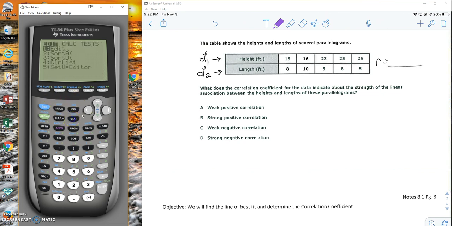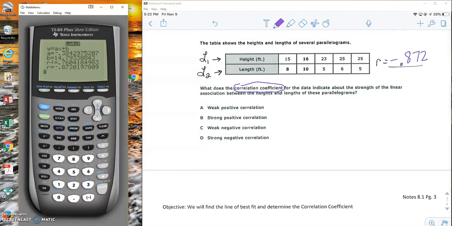And then I'm going to click Stat, scroll to Calc, option 4. These steps are still the same, but this time they are talking about the correlation. So it asks what does the correlation coefficient for this data indicate? So my correlation coefficient is the R value. I don't really know why it's an R value, why they couldn't have put C. I have no idea, but it is an R value. So my R value is